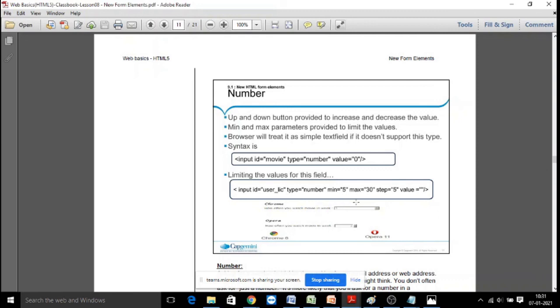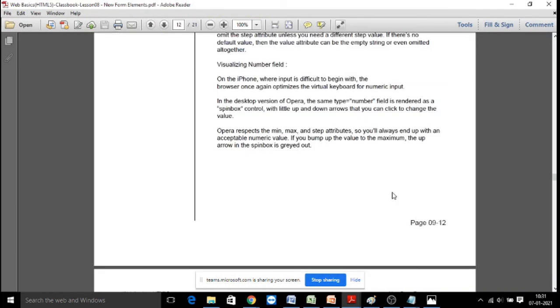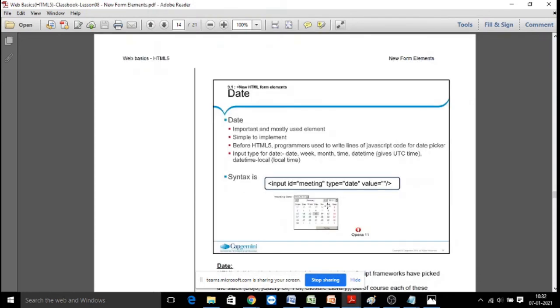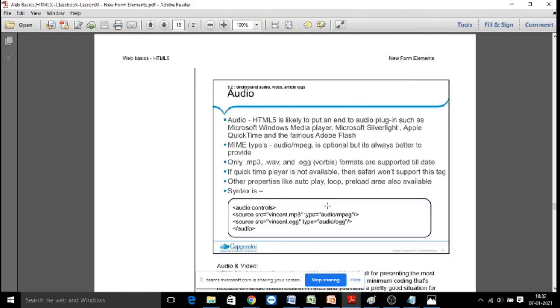Number means numerical value. You get increment and decrement buttons there. You can also give a minimum value, maximum value and step value, which is how much the number should be incremented or decremented each time. Range: you can give a range so that you get a scroll bar, with the lowest range and the highest range. All these features you can practice. Date: you can practice how the calendar is displayed. In date you have various types: date, time,